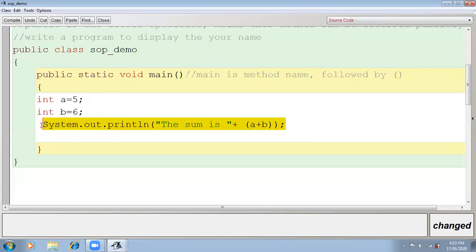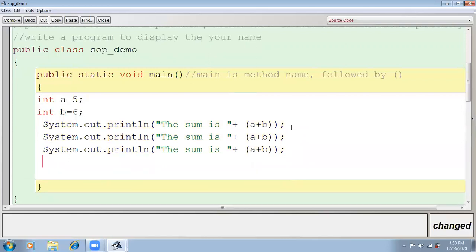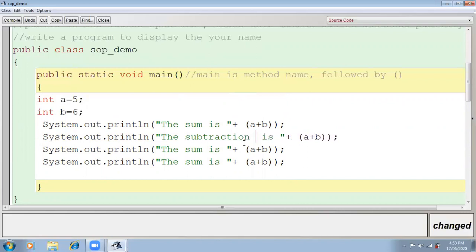That also I can do. If I'm declaring a different variable, that is also correct. The subtraction is a minus b.